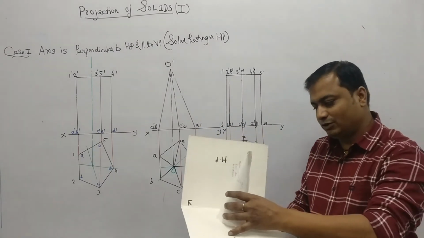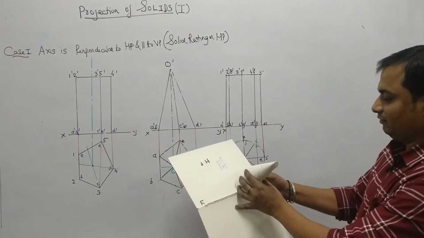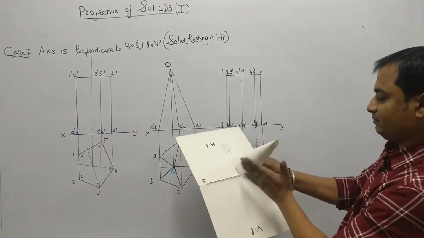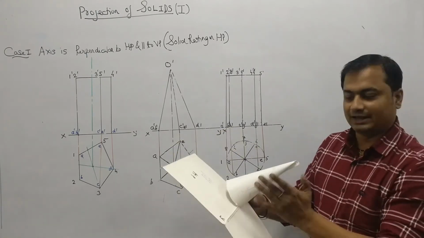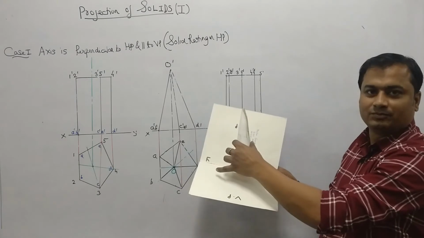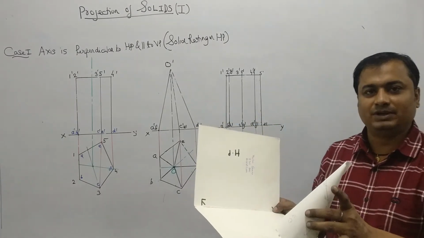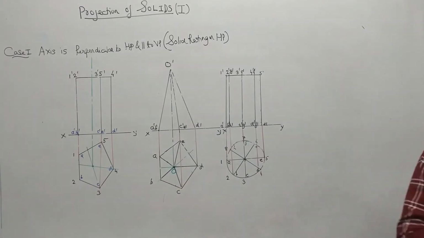When you see from the top, I will be getting a circle along with the center of the circle, with the generators passing through that circle, tangentially joining the circle. And when I see from the front, I will be getting a triangle. So the top view will be a circle along with the centroid, and the front view will be a triangle in case of a cone. So if I just simply draw it,